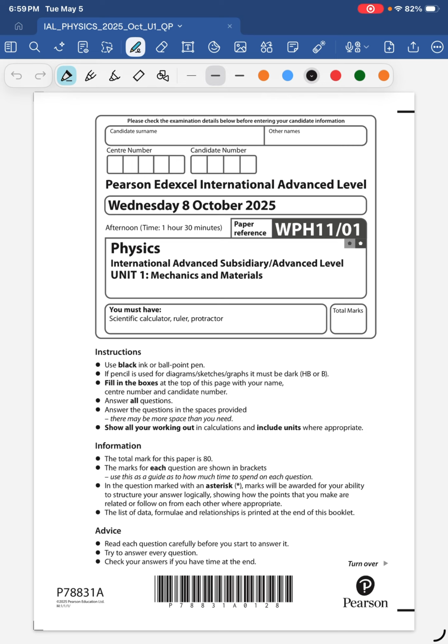So this is a past paper from October 2025. As you can see, it's Unit 1, and we will dive in immediately